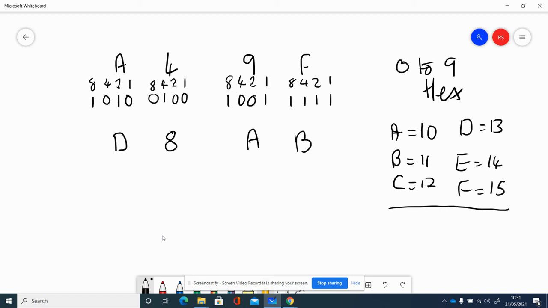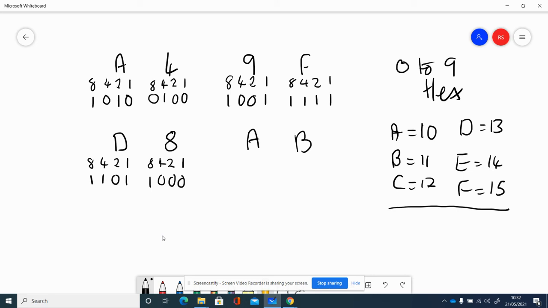I'm moving down to this one. I've got D8, and I'm going to do exactly the same thing. 1, 2, 4, 8. And in this case, we've got 8, so there's an 8 there, and the rest of these are going to be zeros. I'm going to do the same thing on this side. Put my numbers down for D. D, if I look up over here on the table I've written, is 13. So I need an 8 and a 4 and a 0 and a 1. 8, 4 and 1 is 13. So my whole number 1101